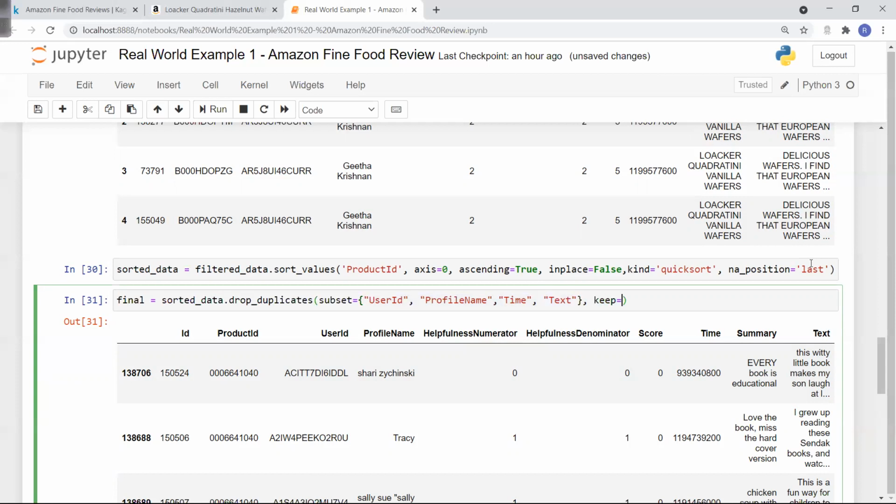Just keep the first one. That is what I'm looking for. And I will write here inplace equal to false.